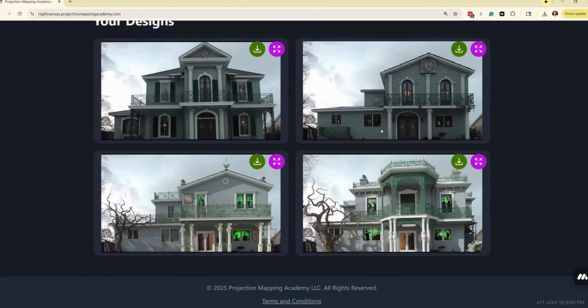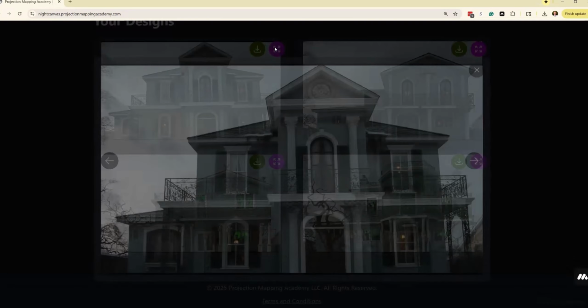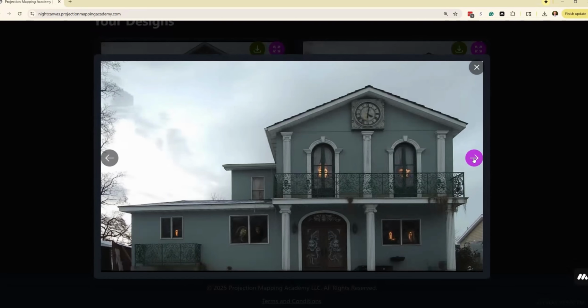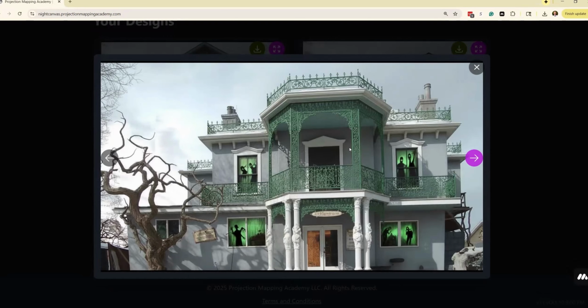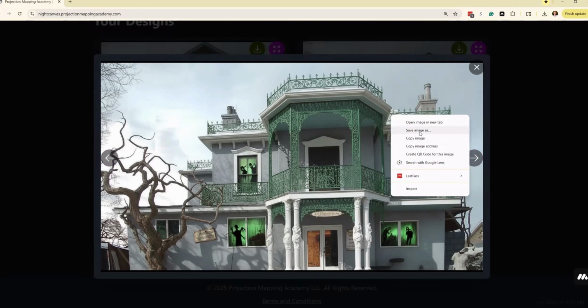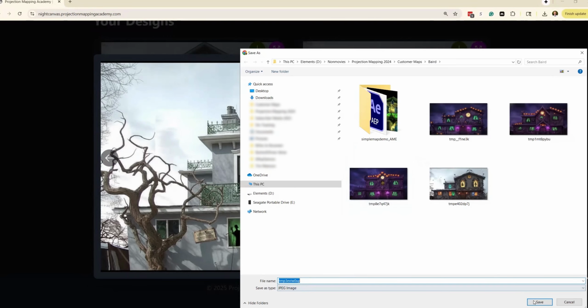There we go. Now it's looking a little bit more like the Haunted Mansion. I might tweak it just a little bit further and say white wood siding or something like that, but it's got the green rails now. Still has the clock, ghosts in the window. Very cool. All right, I'm going to save a couple of these